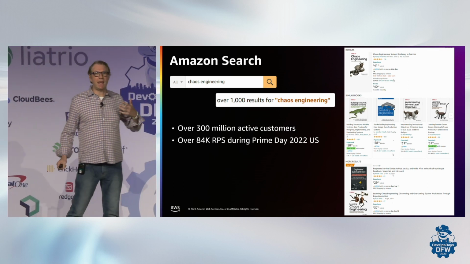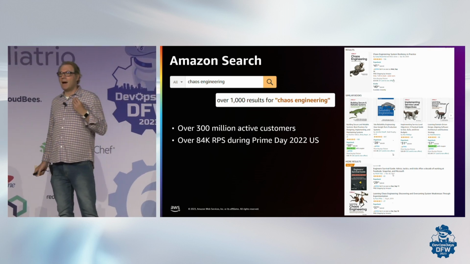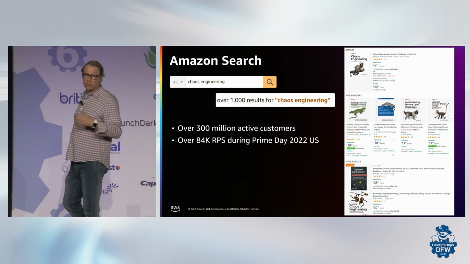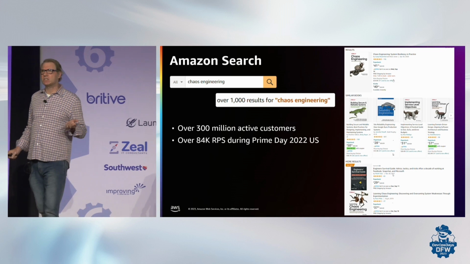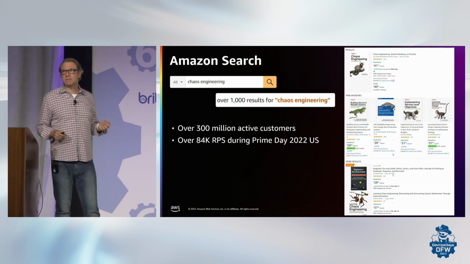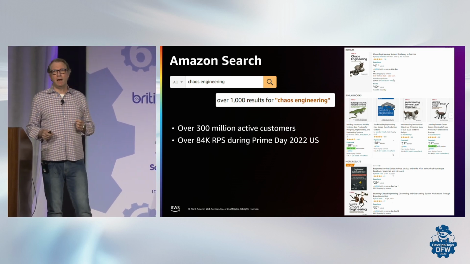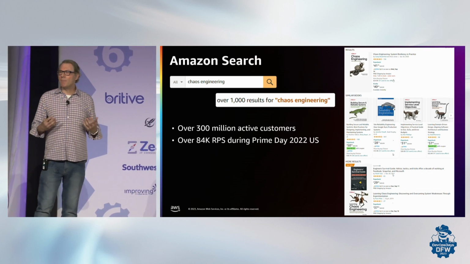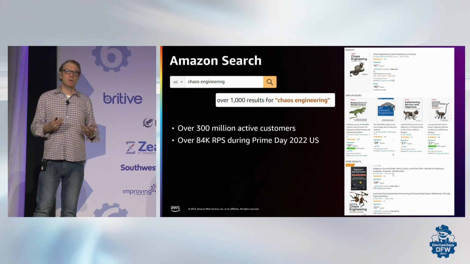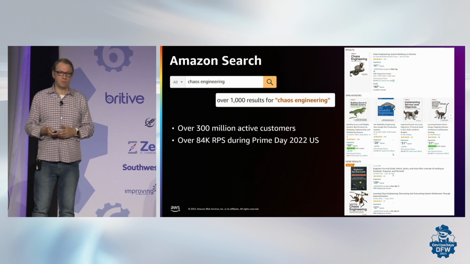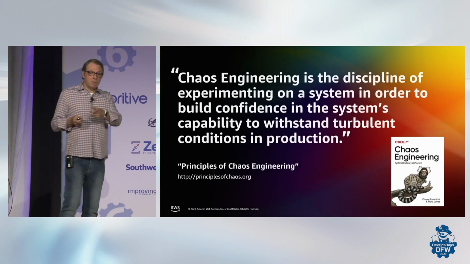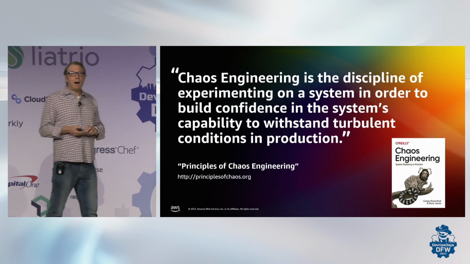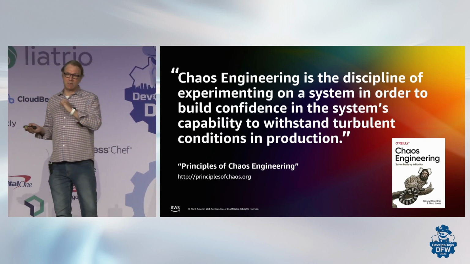Search is a large-scale, complex, distributed system at Amazon. It's serving 300 million customers, 84,000 requests per second at peak at Prime Day 2022. So it's doing a lot, it's complicated, it's high scale, and Amazon wants to keep it reliable and available for customers. So zooming in on this book, Chaos Engineering by Casey and Nora, definition of chaos engineering is the discipline